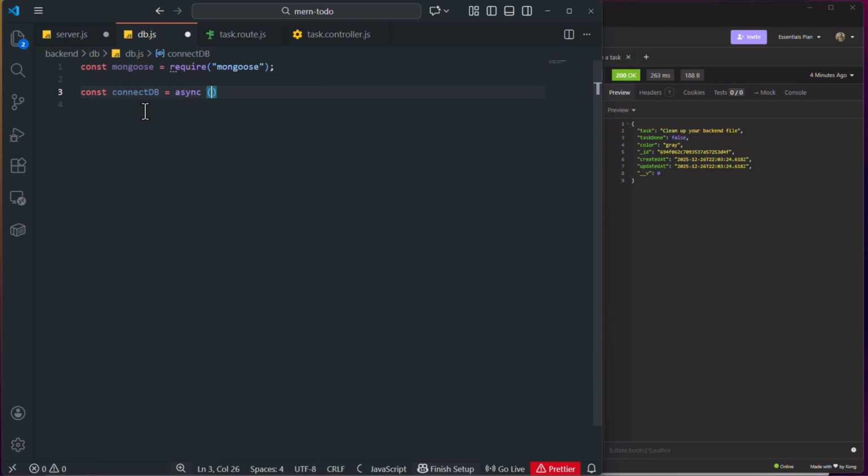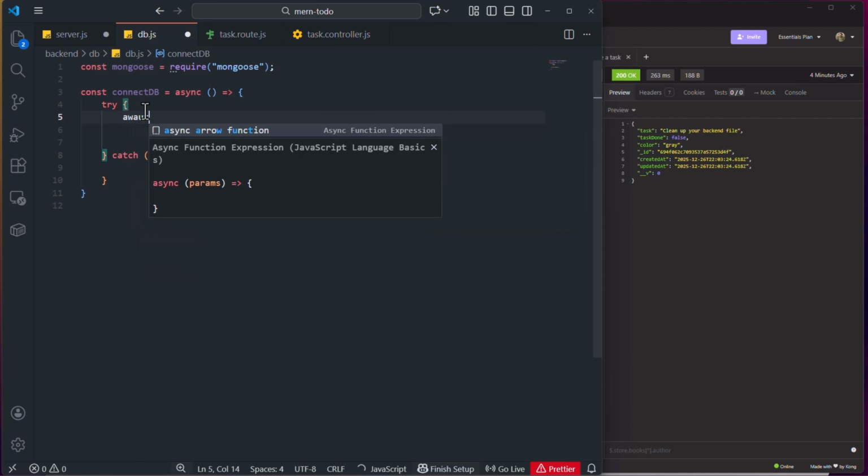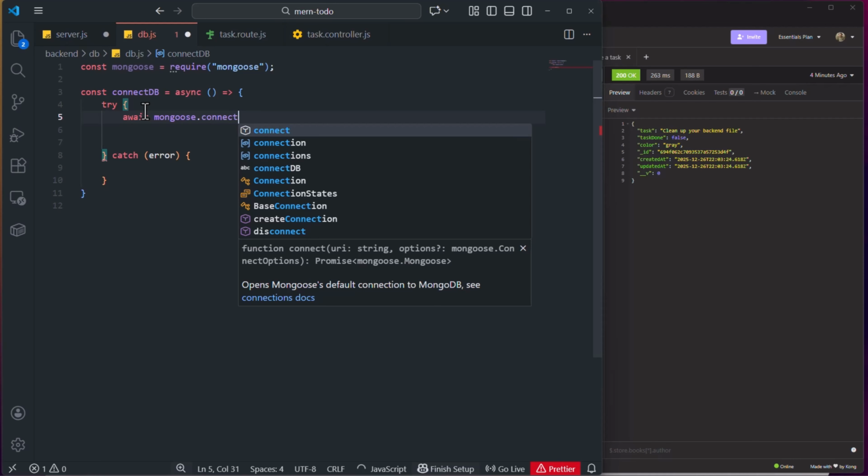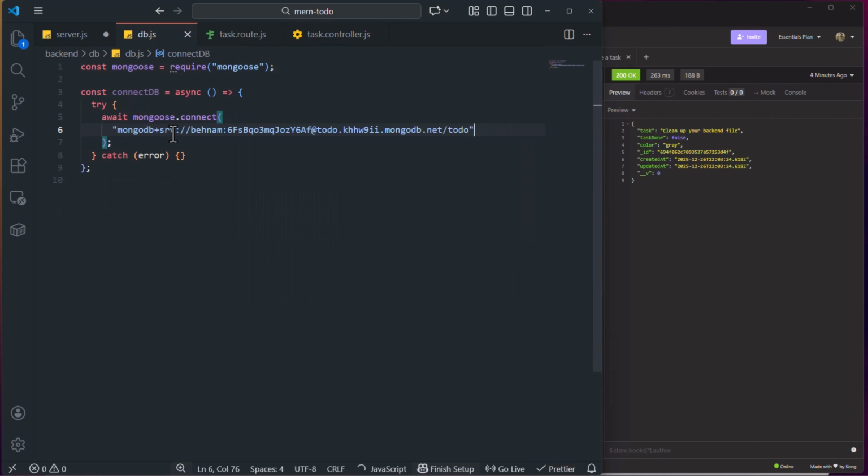And then we open curly braces. We're going to create a try catch block, and inside try we're going to say await mongoose to connect. Now we connect to the server, and I put actually the variable, the URL here, and if this URL works,